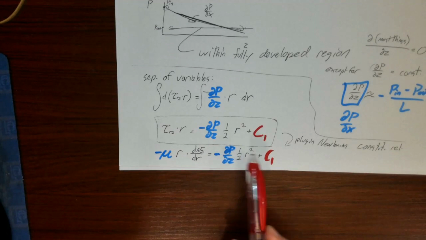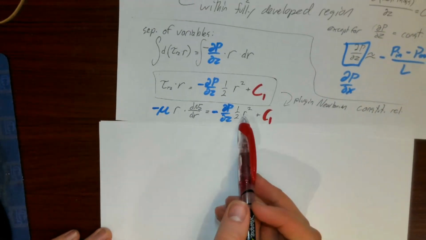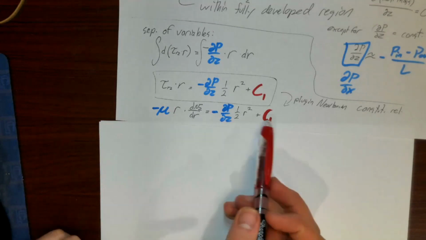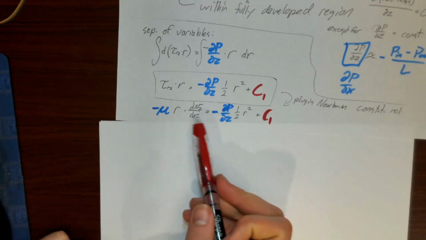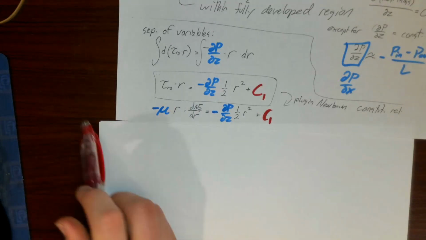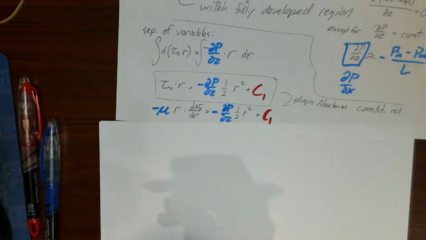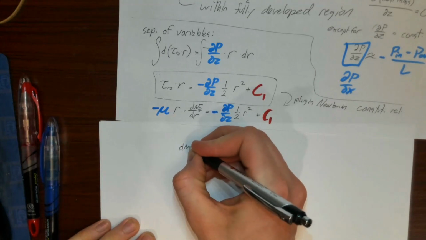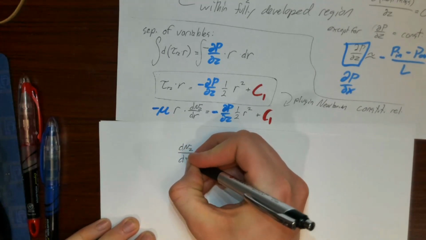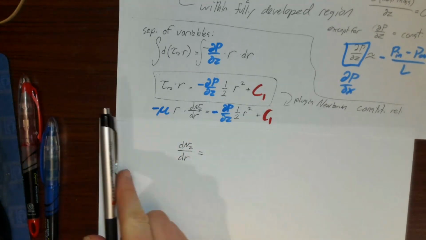So now I can take this equation, I can try to collect all my r stuff on one side and my vz stuff on the other. So I can do a little bit of algebra, and I can basically get dvz dr is equal to